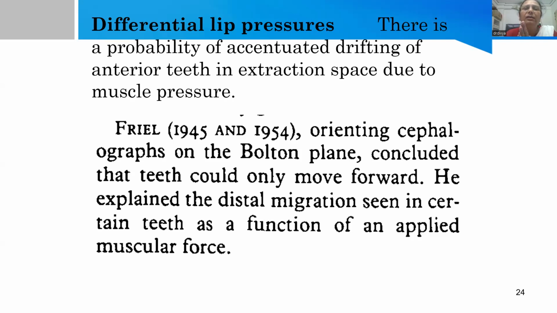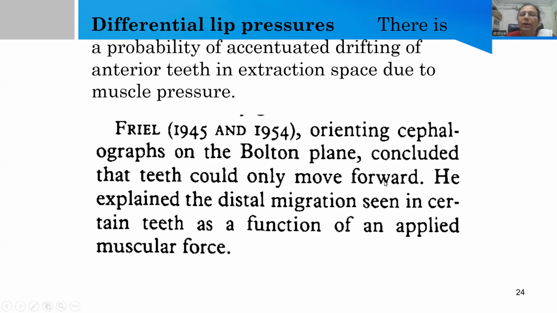That will cause faster space closure. Okay. In those cases, you might be familiar by now that a lip bumper will be your treatment plan. So orientation, Sicher on the Bolton plane concluded that